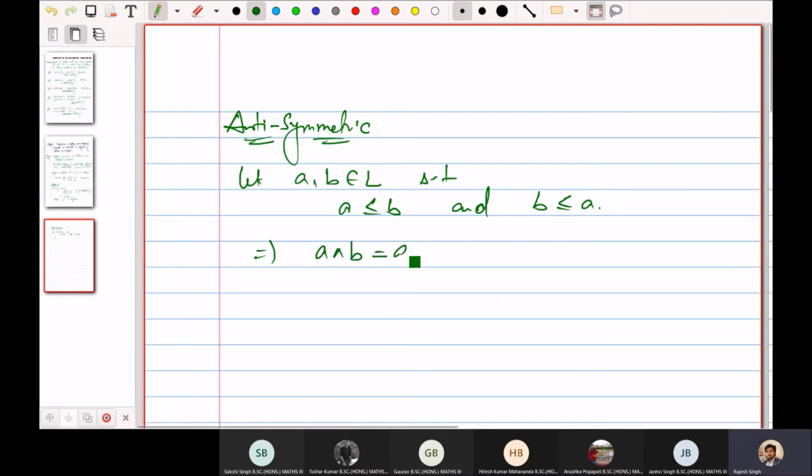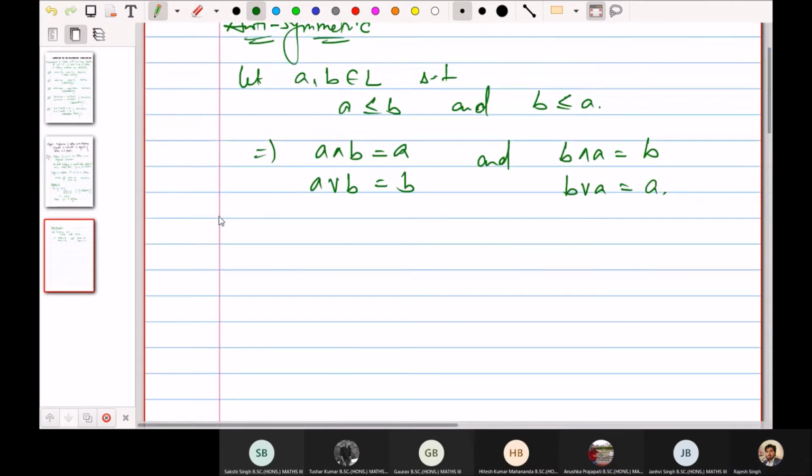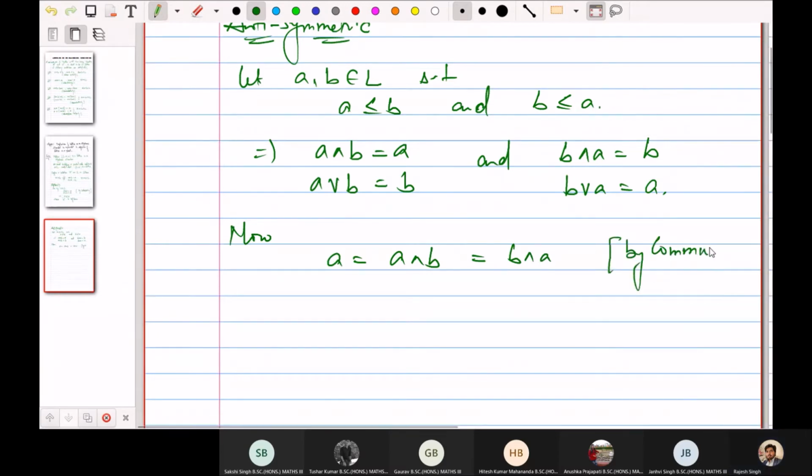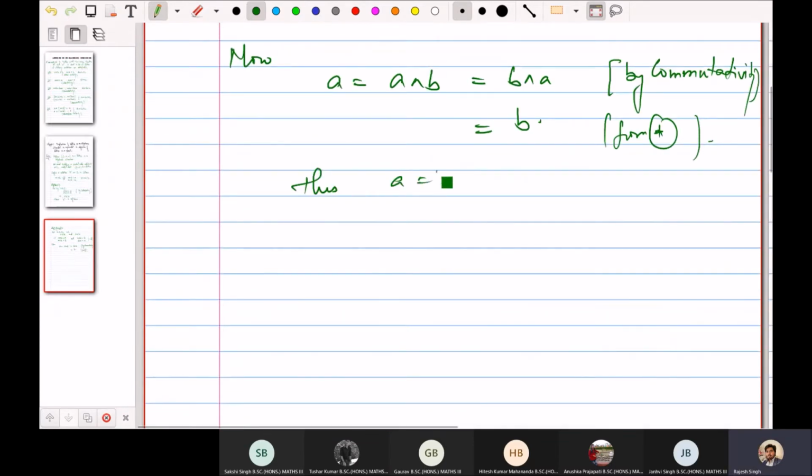A cap B is equal to A and A cap B is equal to B, and B cap A is equal to B, B cap A is equal to A. So now A is equal to A cap B, which is equal to B cap A by commutativity, क्योंकि commutativity है ना हमारे पास, and B cap A is equal to B from star. ठीक है, so thus A is equal to B, so hence